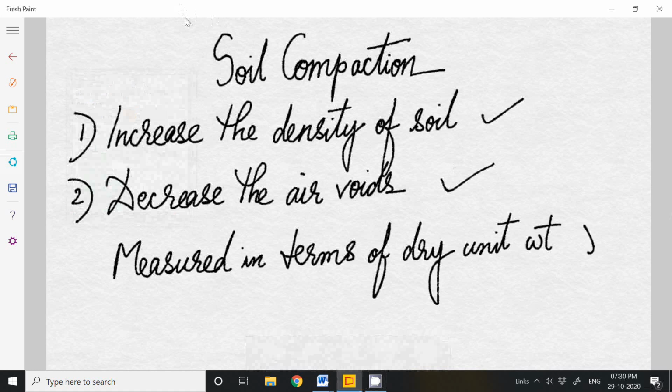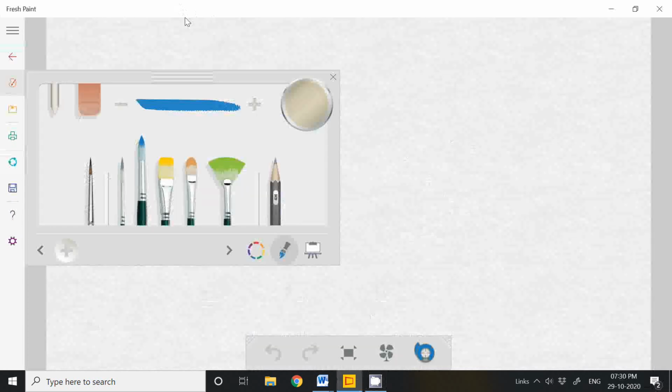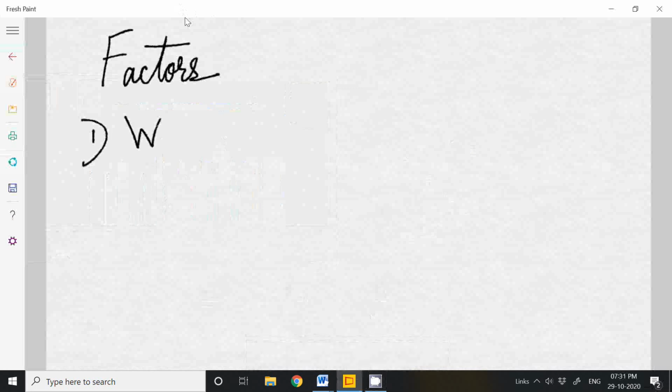Dry unit weight, this one. Okay, and now the various factors that affect the compaction are what? The various factors that affect the compaction are water content, then number two, compactive effort,